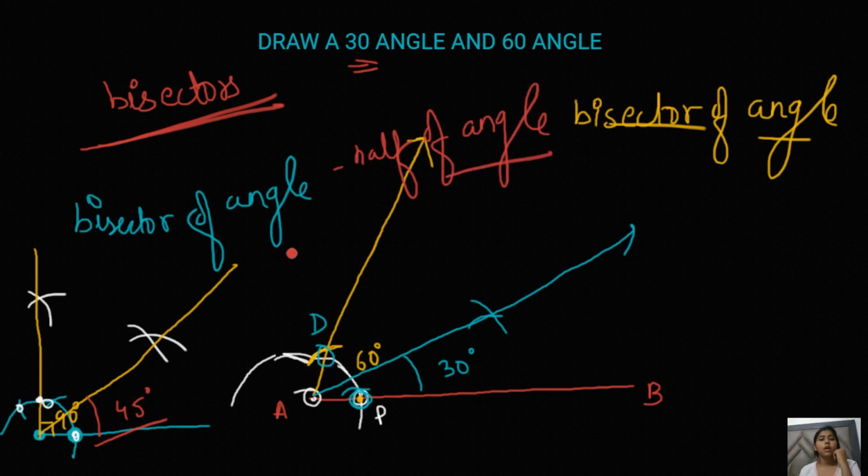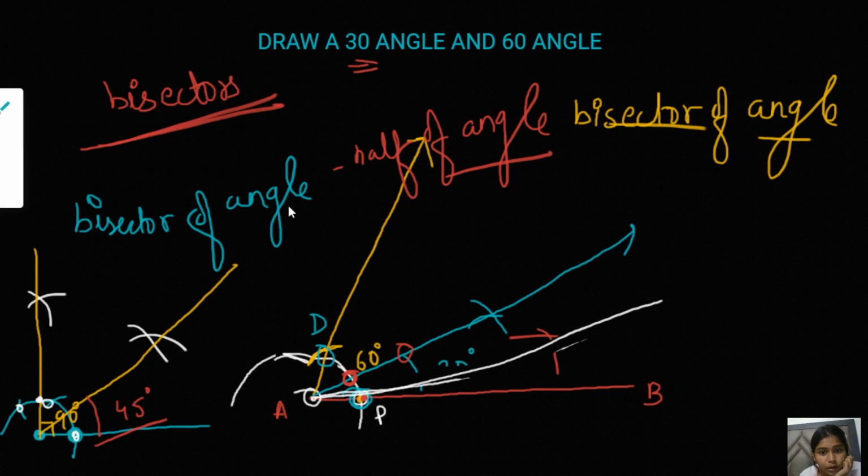Now you have to draw 15-degree. This is your point, this is your point, okay. Now you have to put the pointer here. You will make another arc. You will put the pointer here again, make another arc. What you have to do is just join it with the center point like this. I'm sorry, this is just going out of the scale, okay. You would just have to join this like this, right? So this will be your angle 15-degree.